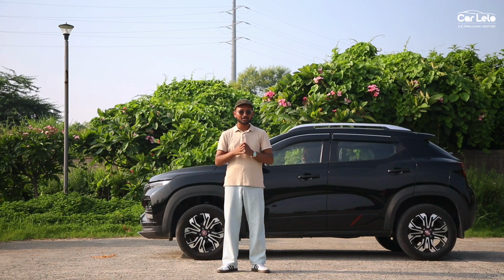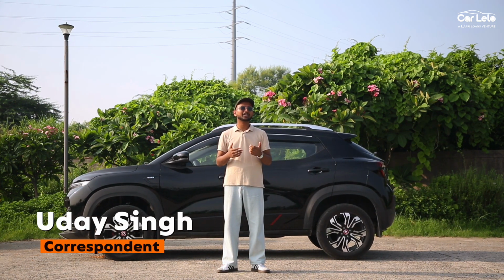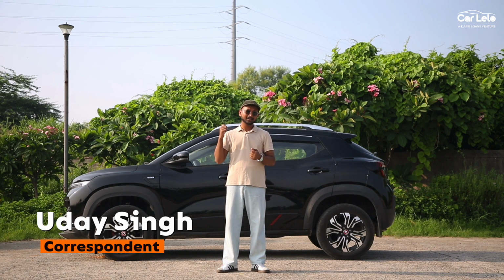Consider this. You are in the market to buy a new car and have a budget of rupees 10 lakh. Now for that amount of money, would you buy a hatchback or a pseudo SUV? Or how about a car that can do both? I am Uday Singh and I am here to figure out how the Renault Kiger at the back fares on